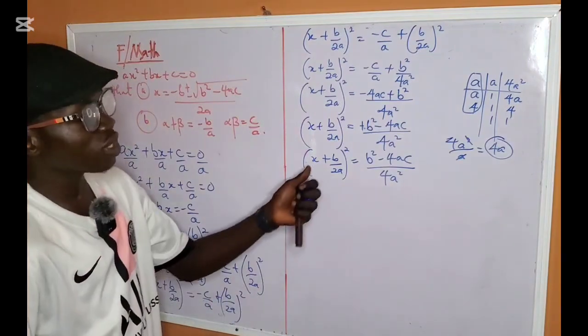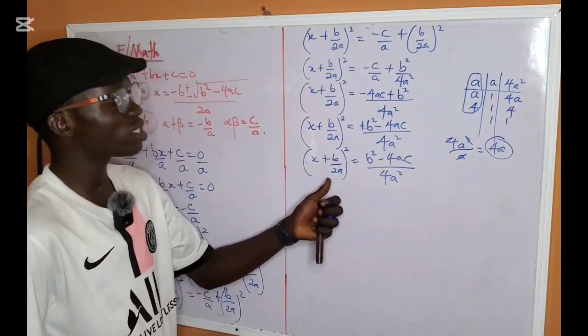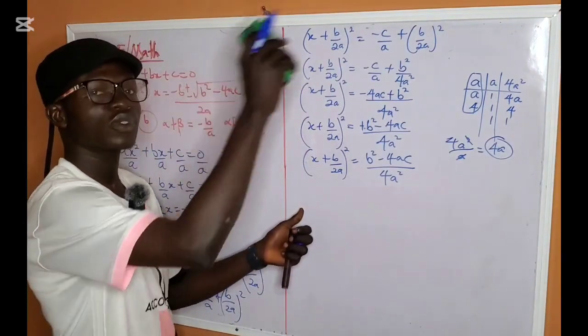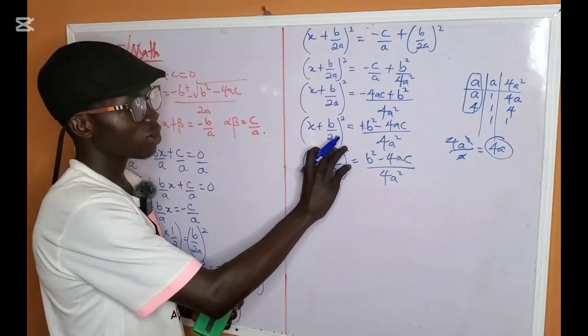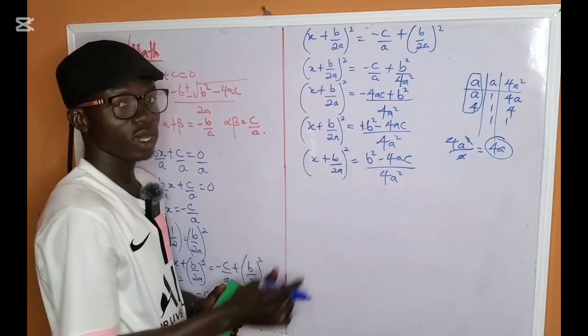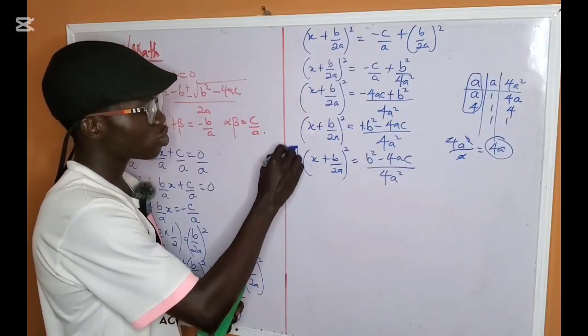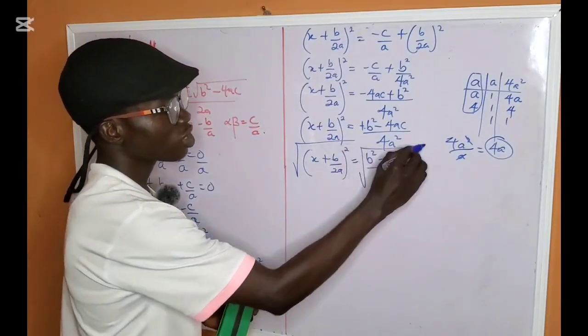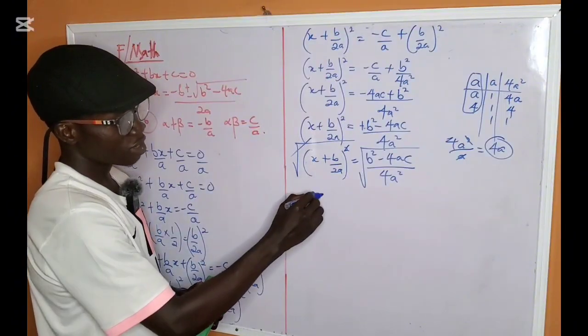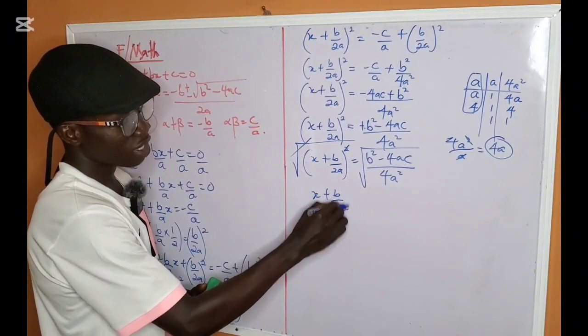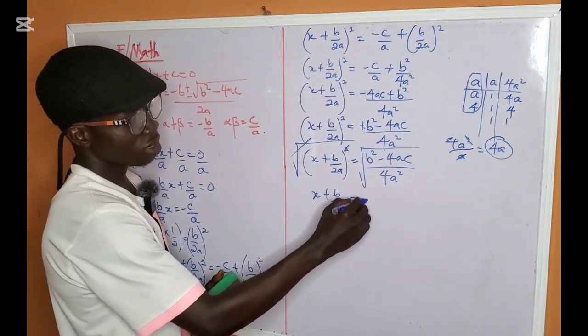Now, I want to isolate x. Therefore, whatever I have with x must surely go to the other side. To cancel this square, because we can't take away this b over 2a without cancelling this square, I'll take the square root of both sides. The square root of both sides, square we cancel square root. So x plus b over 2a equals,